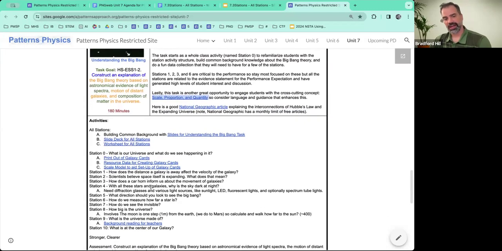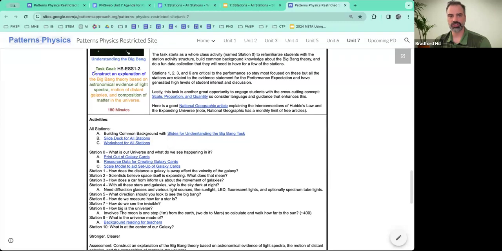But then after all of those stations, and then here's that slide deck that I was talking about, there's some whole class synthesis that you can go, and ultimately we want students to construct an explanation for the Big Bang based on astronomical evidence of light spectra, right? How do we see the invisible? And that Doppler shift, the motion of galaxies, which again, Doppler shift is relevant there,